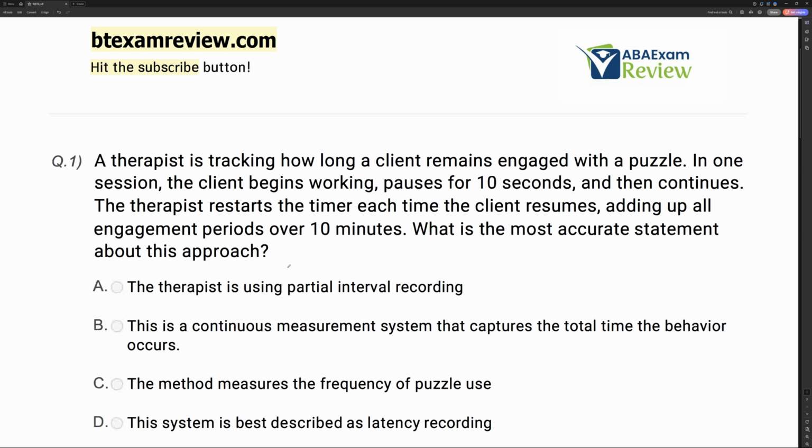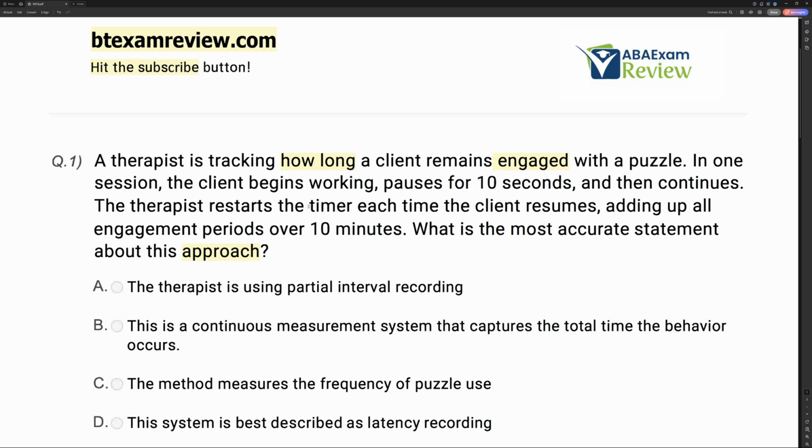All right, so let's think about this approach. We're clearly measuring something. Now, in the question, it says the therapist is tracking how long a client is engaged. So when you think about measurement, we're typically measuring the length of time or the amount of something. And if you have a question about measurement that is talking about how long something occurred or how often, that's usually a pretty good giveaway about what you should be thinking. If it says how long the client was engaged, we should start thinking time. So some sort of time measurement.